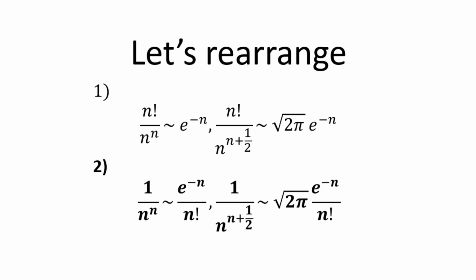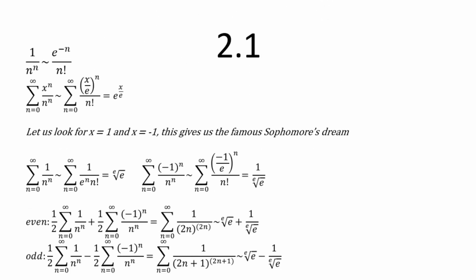Now we're going to look at the second approximation, where we approximate 1 over n to the power n with various terms, and also 1 over n to the power n plus a half with various terms. Firstly, we can just use summation again, and we also use x to the power n to give us more flexibility. It turns out that if we sum from 0 to infinity, then we actually get e to the power